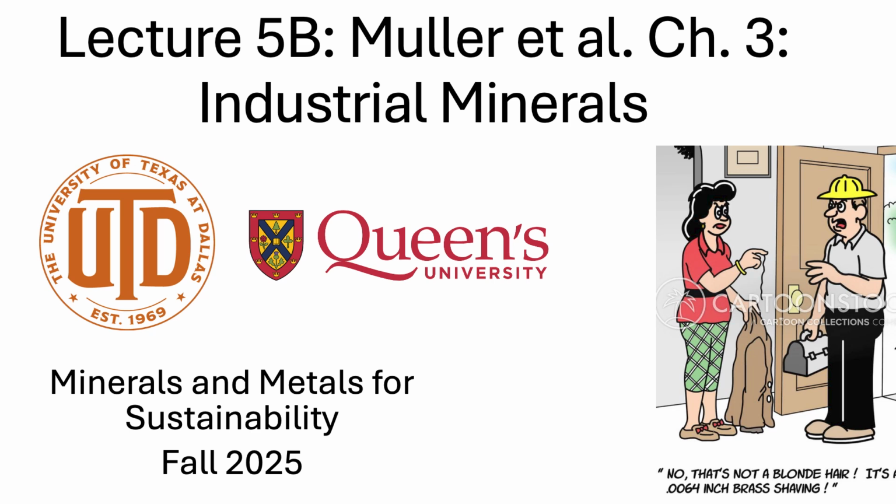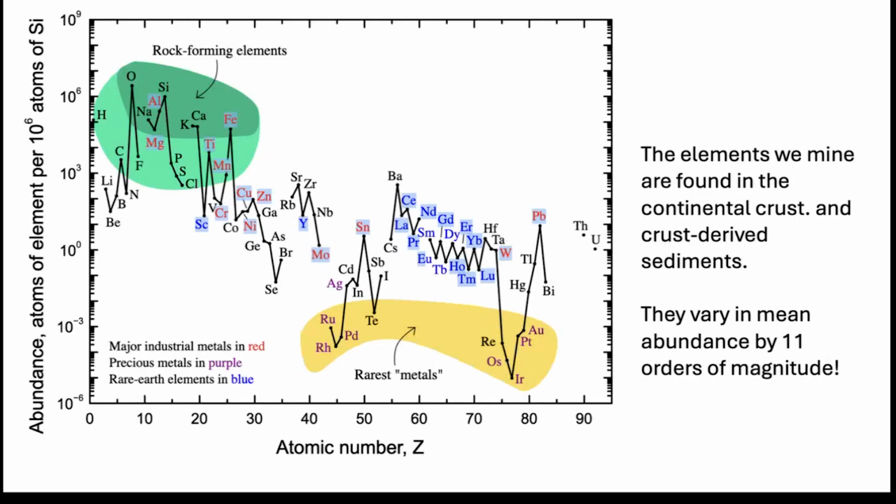All right. Now we're talking about lecture 5B, Muller et al., chapter 3, industrial minerals. So these are the elements that we've been talking about. It's a lot of elements. They're all found in the continental crust right now,